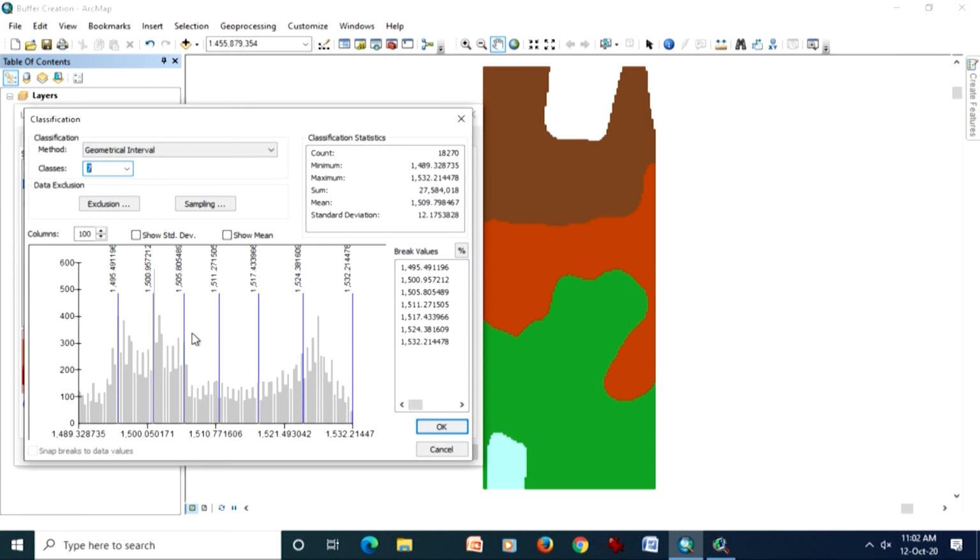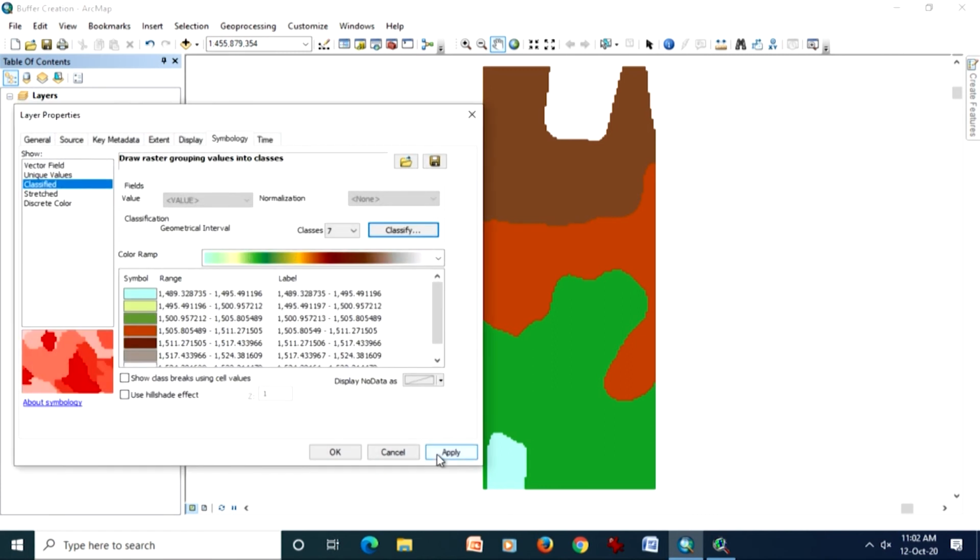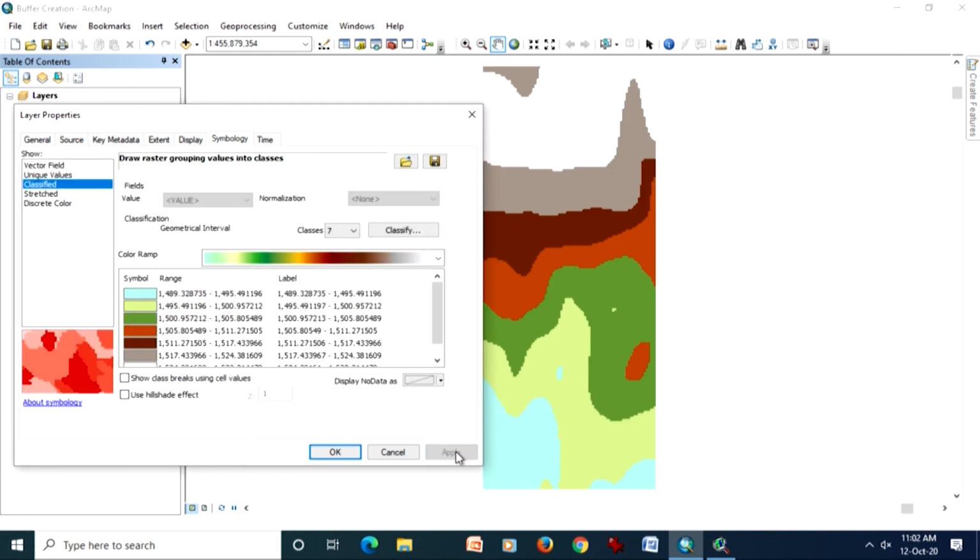So, it is basically a frequency-based kind of thing. And when we say OK, classify, just focus on this one, the entire appearance will change. Nothing has happened to the data, only for our visual inspection things have changed.